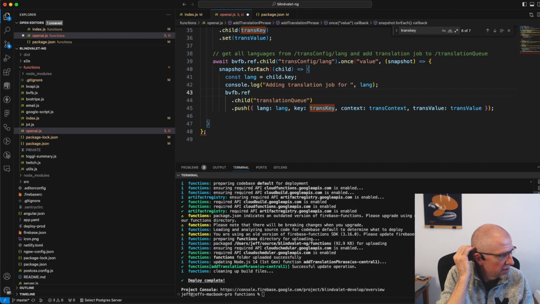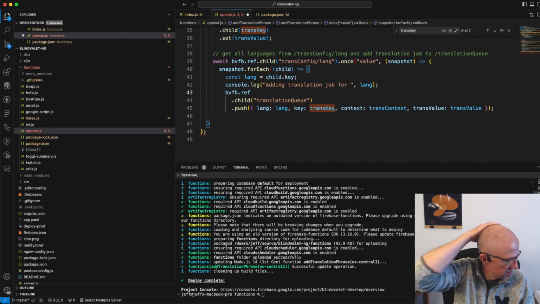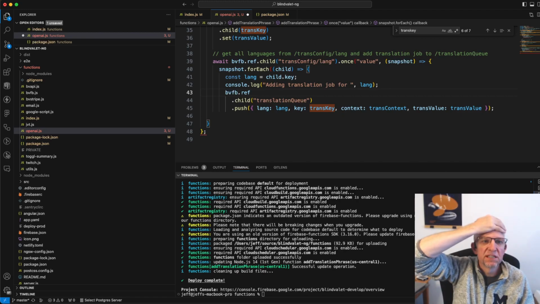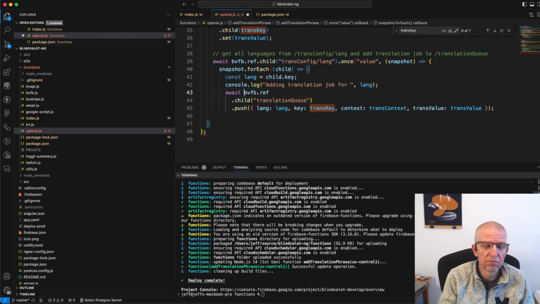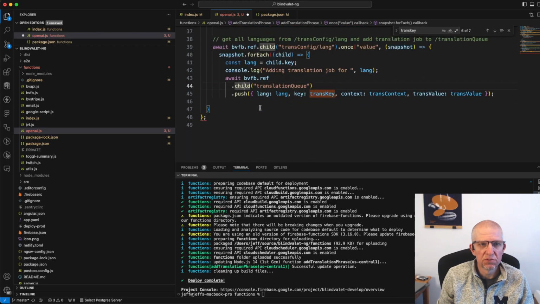I would typically do this in parallel, where I would use a promise all to run these all asynchronously, but I'm actually going to do it sequentially just to slow it down a little bit so we don't hammer the OpenAI API and start getting issues with the number of calls per minute and so forth, number of calls per second or whatever. So it might take a little bit longer to do that, but these are all really fast. So it's going to create a new item for each language, with the translation key, the context, and the English